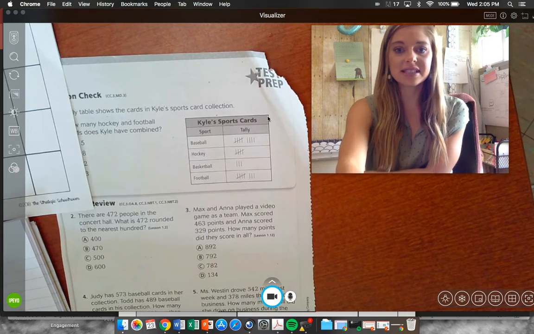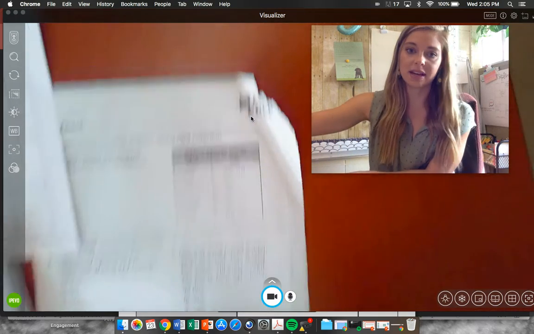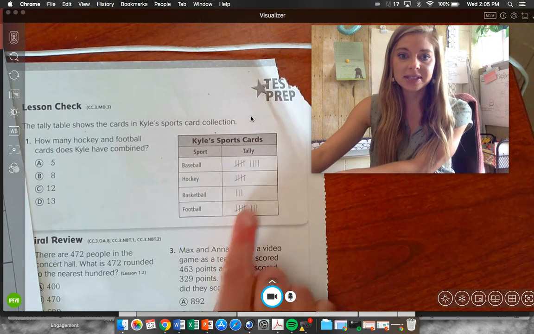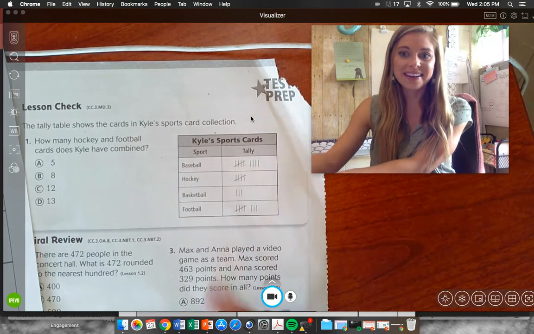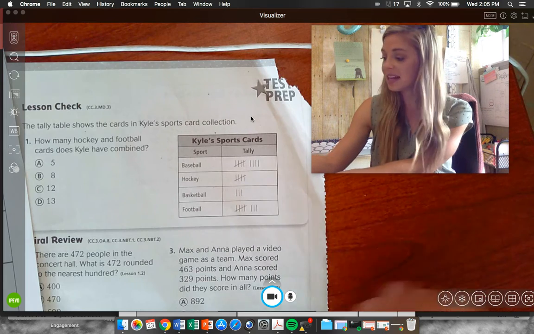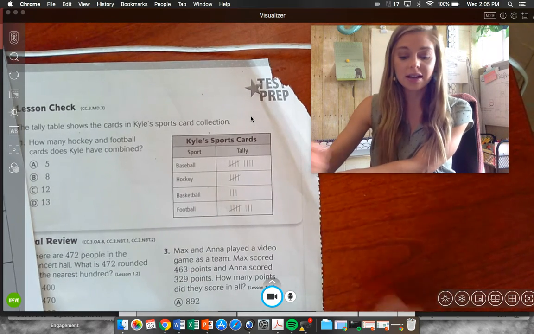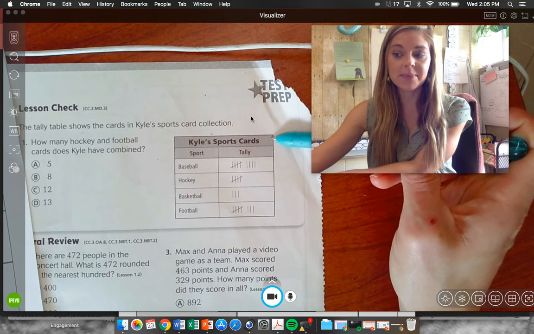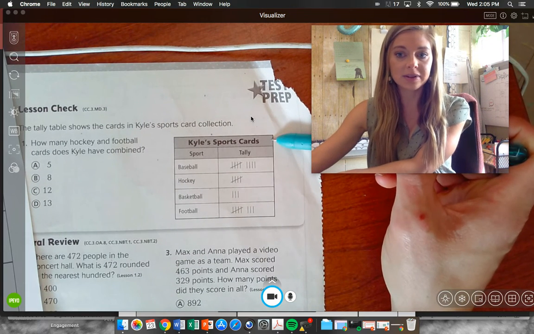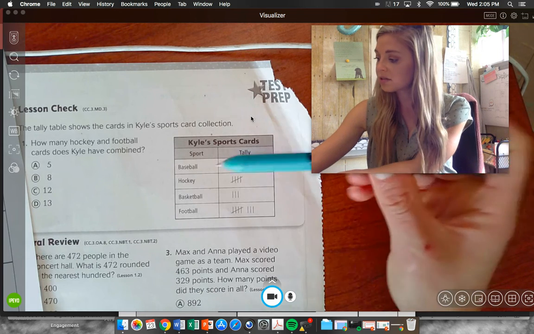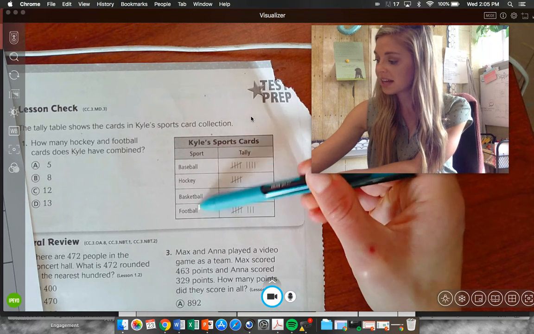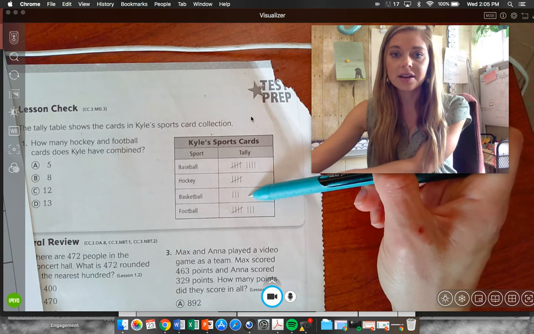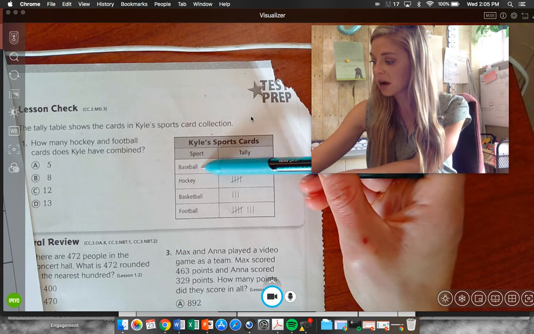Okay, so this is a frequency table. Let me zoom in. Here we go. This is a frequency table, okay? And it is a kind of graph. It is a graph that tells us information. And all graphs will have a title. So for example, this title is Kyle's sports cards. So these are the sports that he has the cards of, and this is the tally mark of how many he has. So for example, baseball,